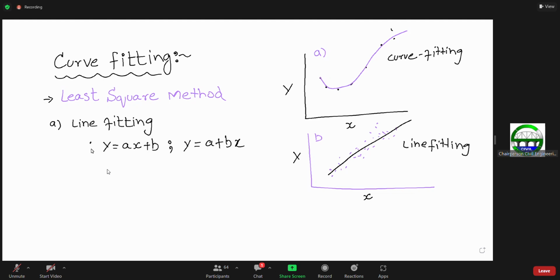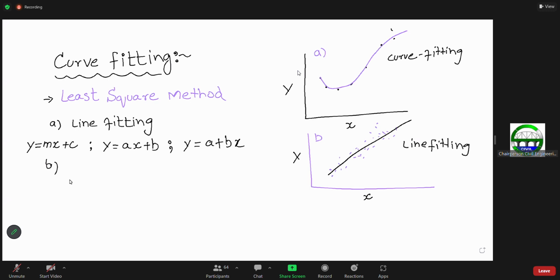We already talked about in our school that the equation of the line was y is equal to mx plus c, right? This is the equation of a line, a linear line. So if we go with the quadratic equation, let's say